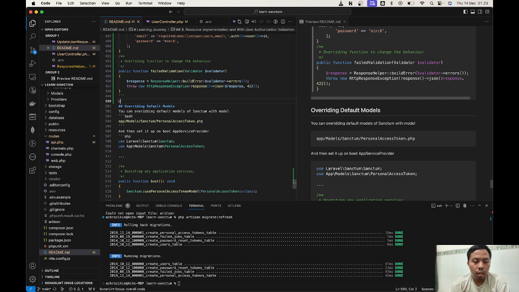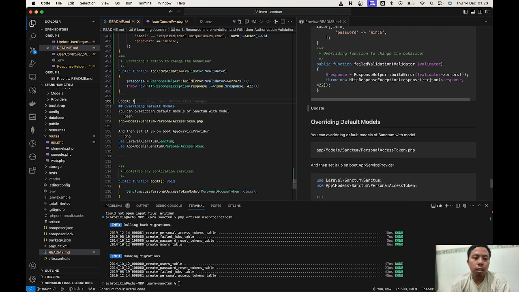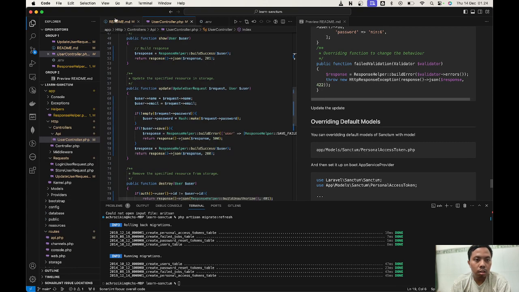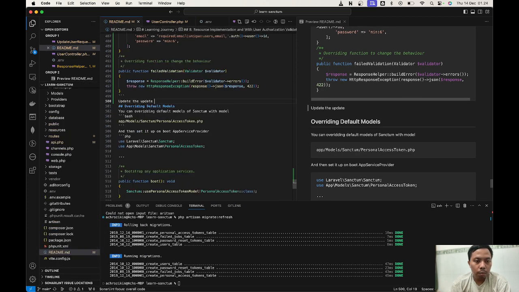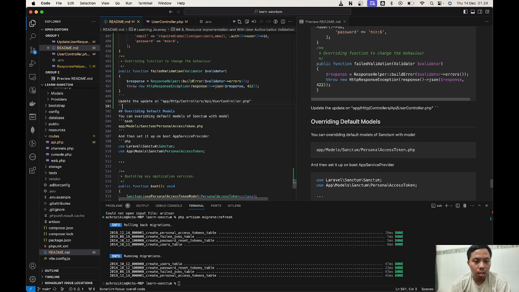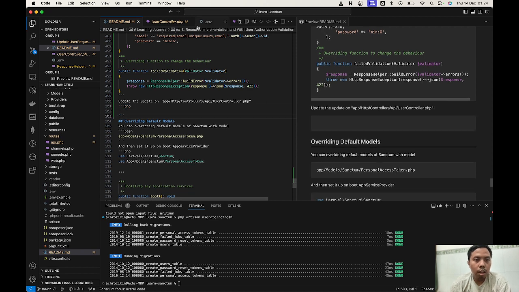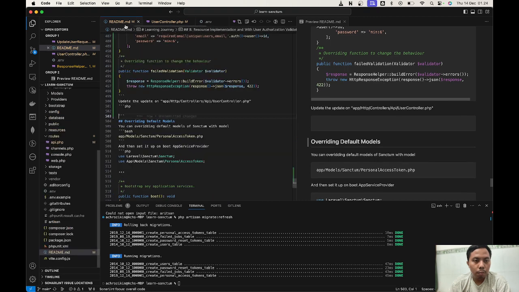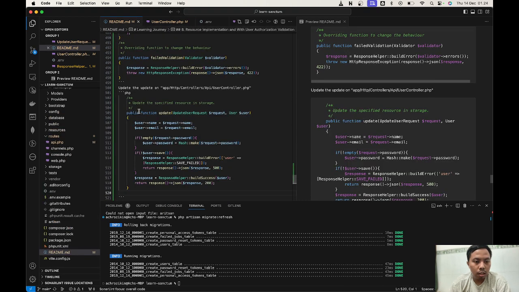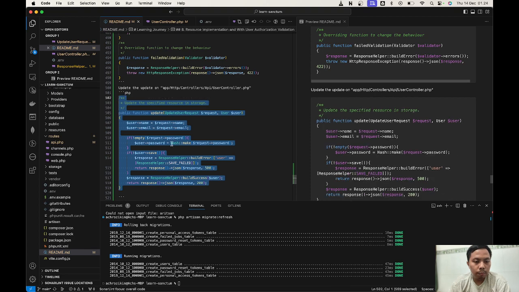Let's update the update method on the user controller file. Let's copy it first and then paste it. Okay, this is for the update method.